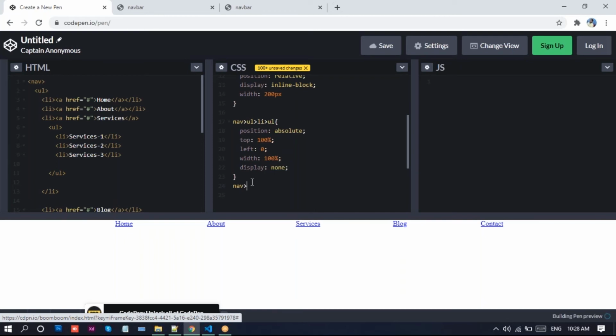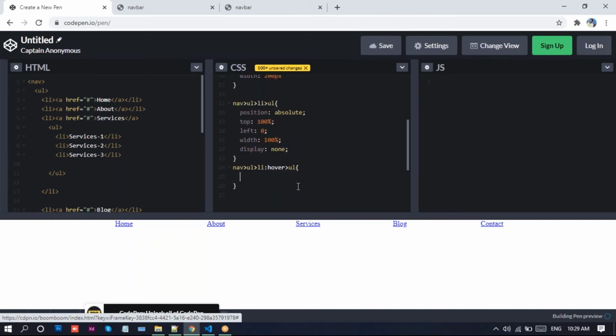That time I'll take a UL, and I need to select this LI path. Whenever the user hovers on this LI, the UL block will be displayed for this one.